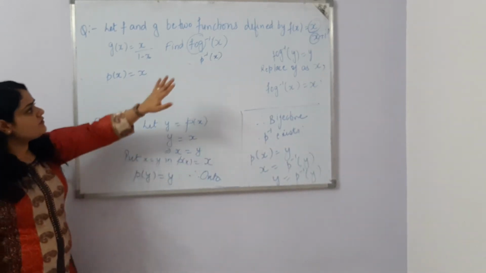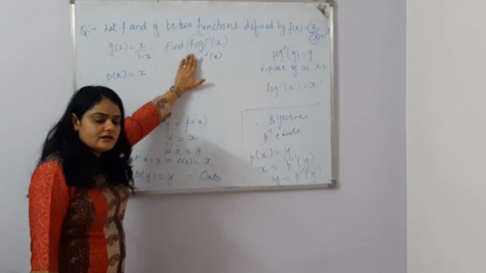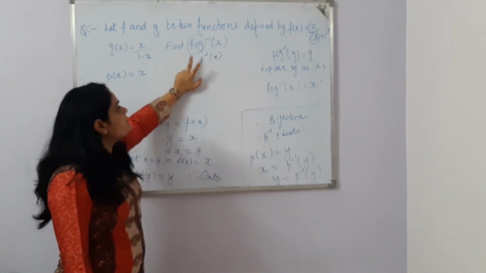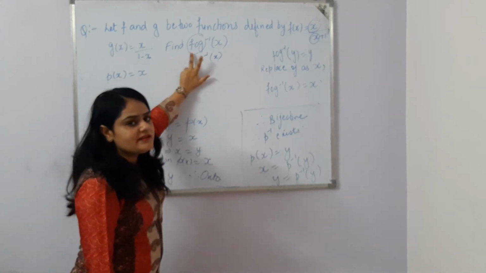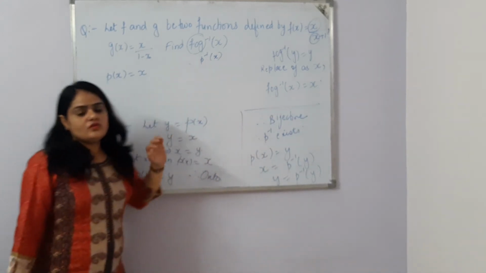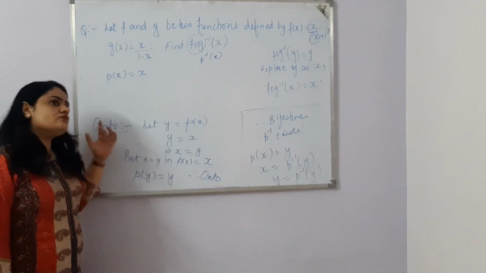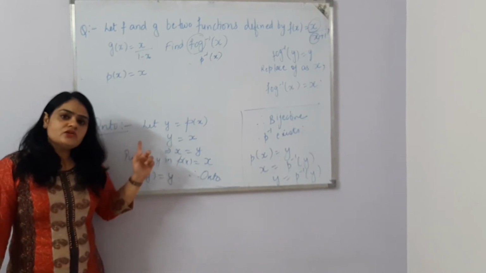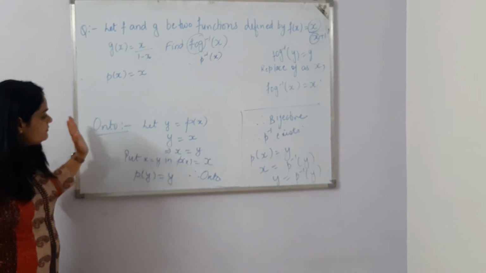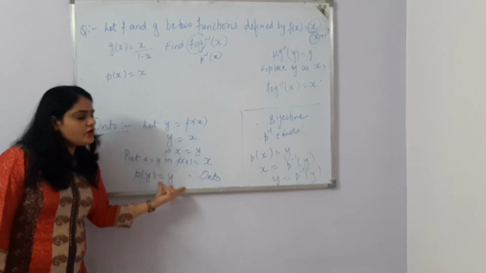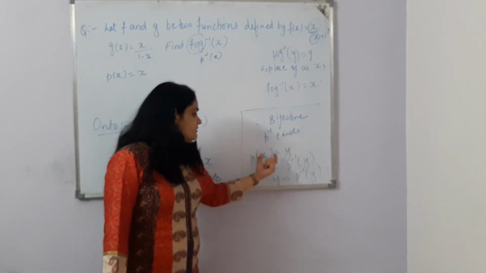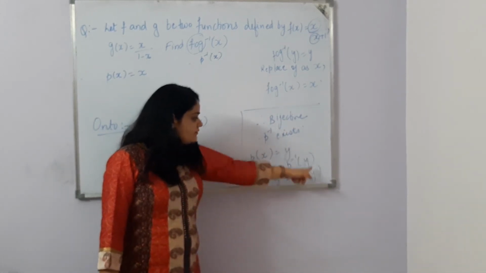What we did: first of all, we found the composition of f and g. It means we found f of g and named it p, the function p of x. Then after that we need to find p inverse x. To find its inverse, we need to show that function p is one-one and onto. First we found that p is one-one. Then we found that p is onto. After that we can say that it is bijective, then p inverse exists. So if p of x is equal to y, then x is equal to p inverse y.